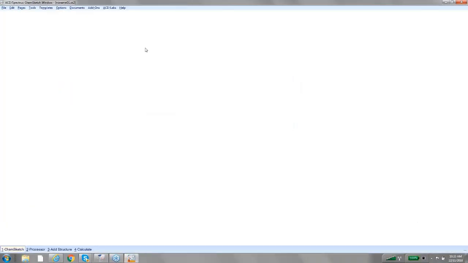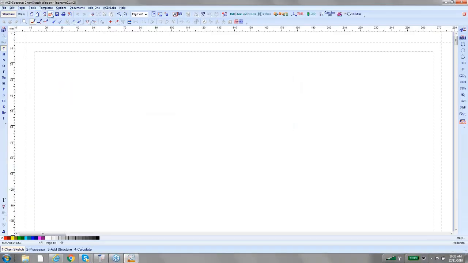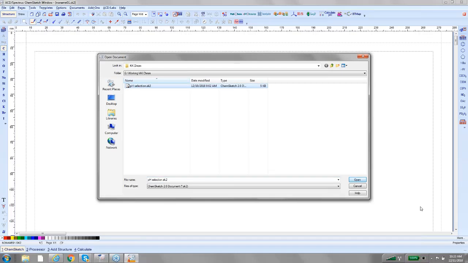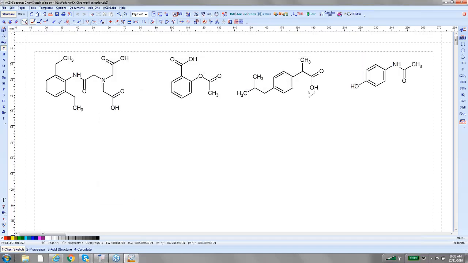And I'm going to go to ChemSketch, and I'm going to open a very simple file. KK's example was a lot more complicated. He had about 14 structures. I've just got 4. I did this recently for a customer that had about 16, and